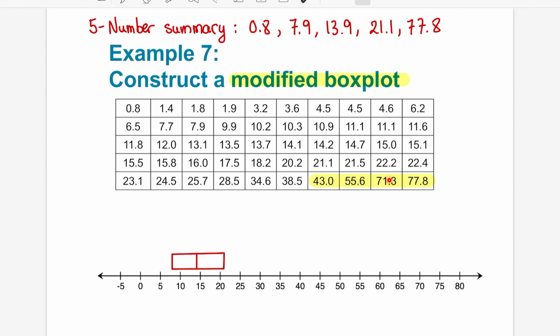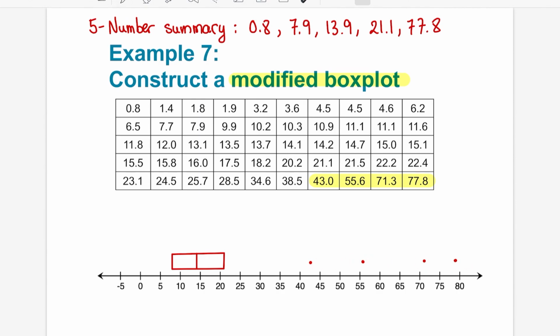I am going to put a dot above these numbers. These dots represent the outlier.